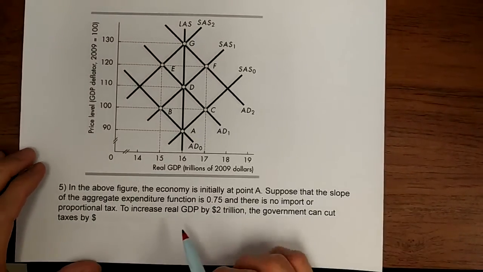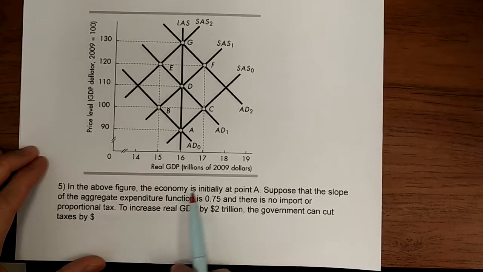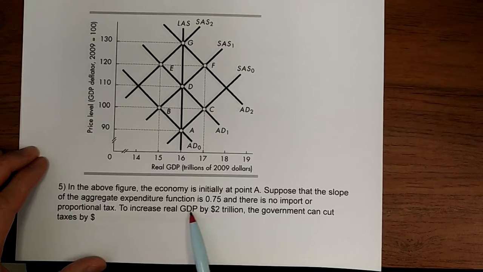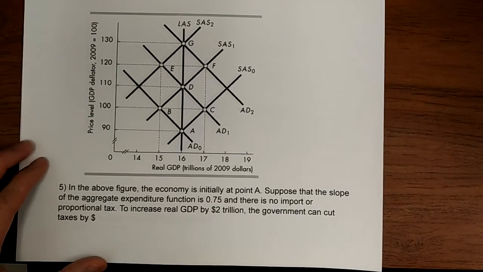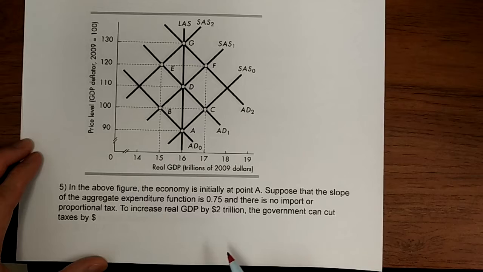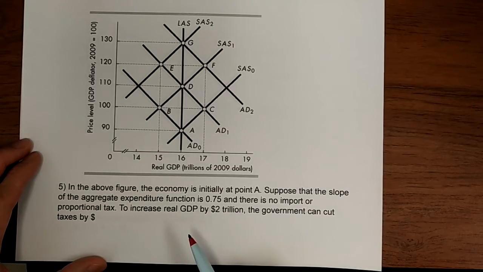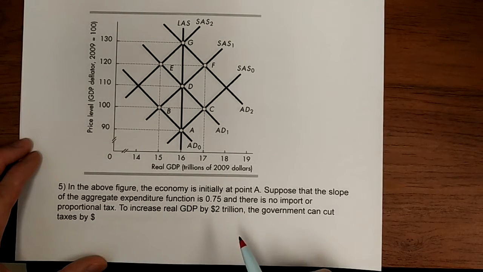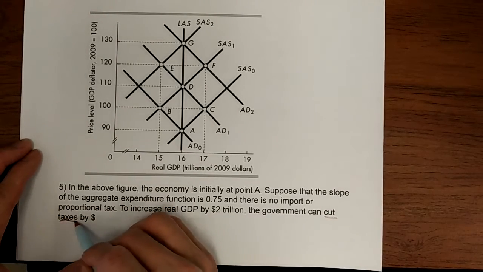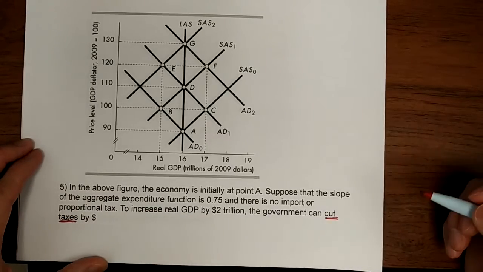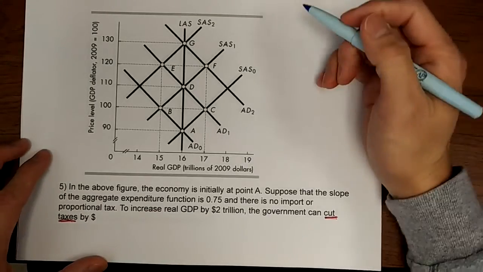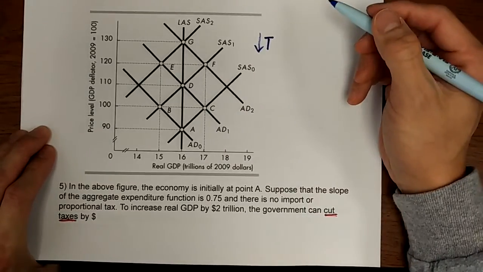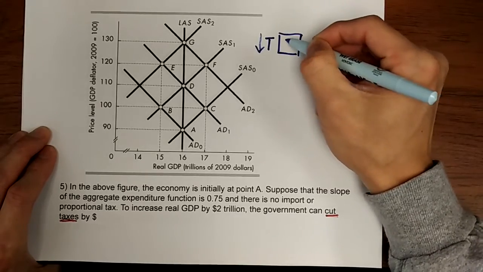Now, in the next example, the setup is exactly the same. But now, the government does not want to increase government spending to stimulate the economy. Instead, they want to use tax cut. So the question is, the government wants to cut tax by this amount